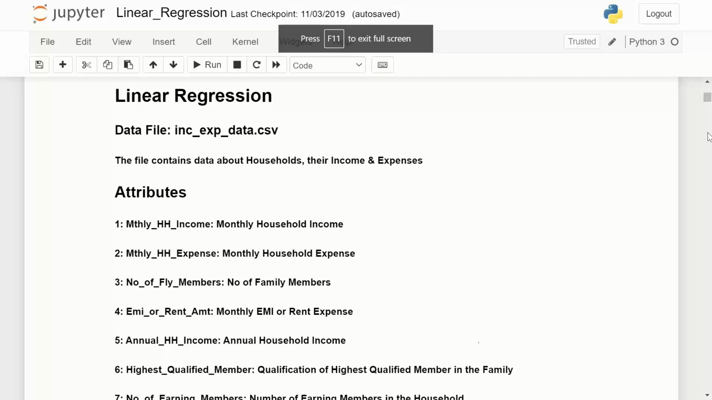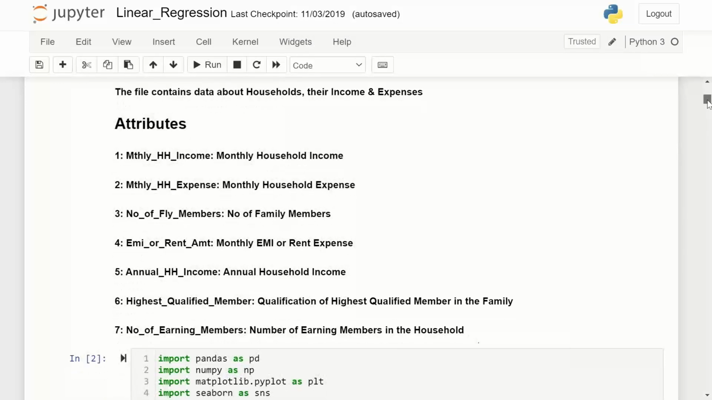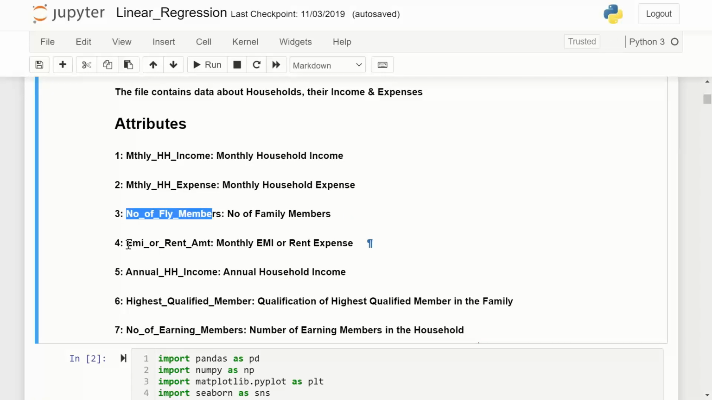Let me explain what is the content of this file. The file has got many columns. It has got monthly household income, monthly household expense, how many family members are there, whether the family is staying on an EMI or rented apartment, and if yes, what is the EMI or rent they are paying on a monthly basis, what is the annual income,